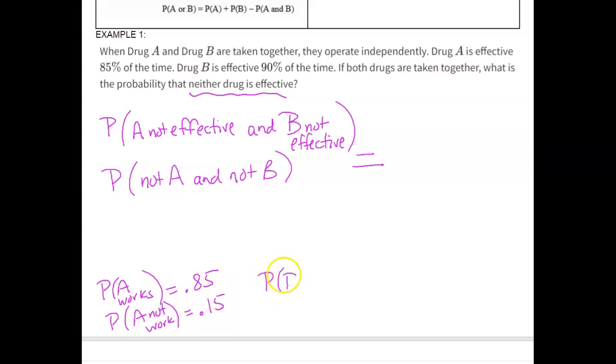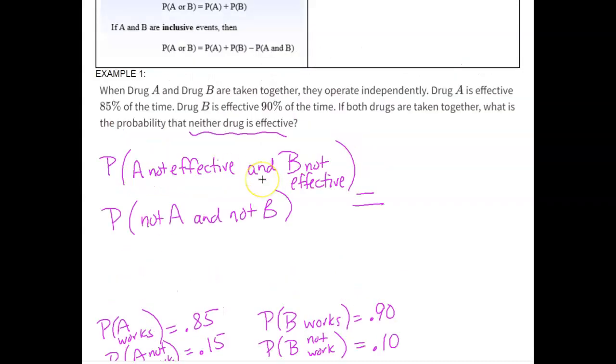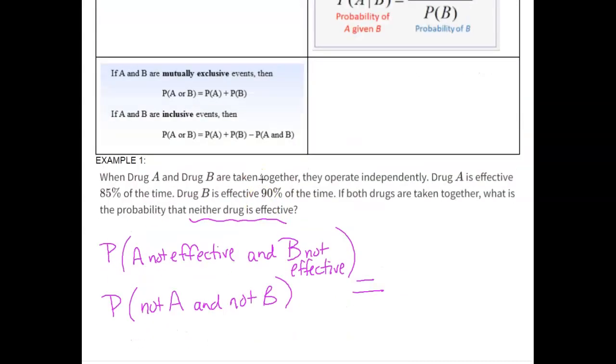Same thing with drug B. So drug B works 90% of the time. That's a pretty good one. And so that means that B does not work, or it's not effective, 10% of the time. Okay, and so we kind of know some information,